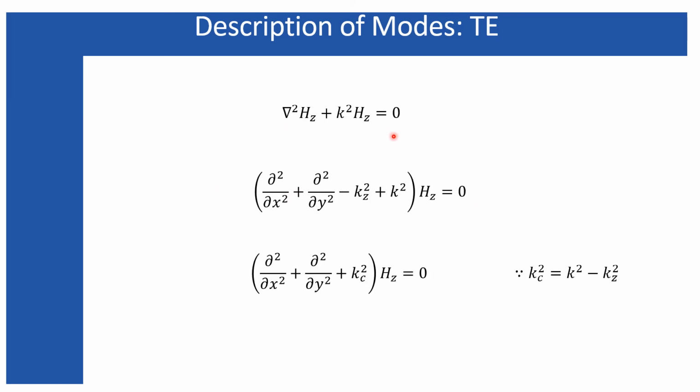As you can see, you can easily find the solution of Hz by writing the wave equation for the Hz component, and this operator, when it is operated on the z dependent part of Hz, will bring out this kz. But you cannot cancel these two right now because kz is not equal to k, and you have to retain this Kc over here. And based on the given boundary conditions, if you solve this expression, you can find the expression for Hz.